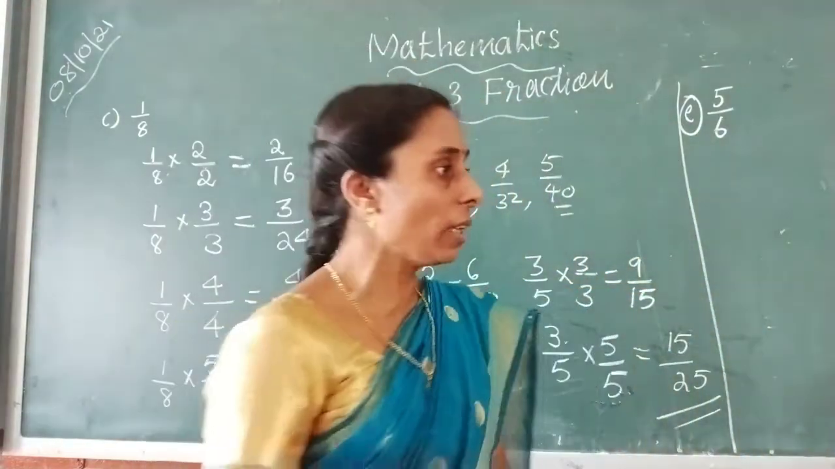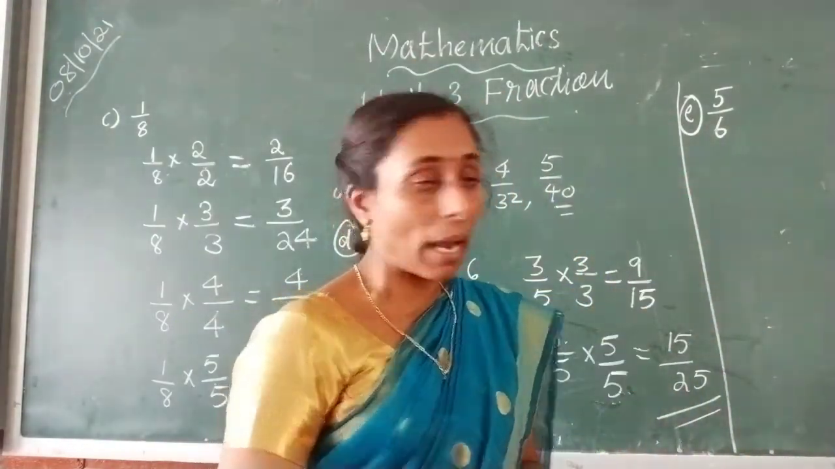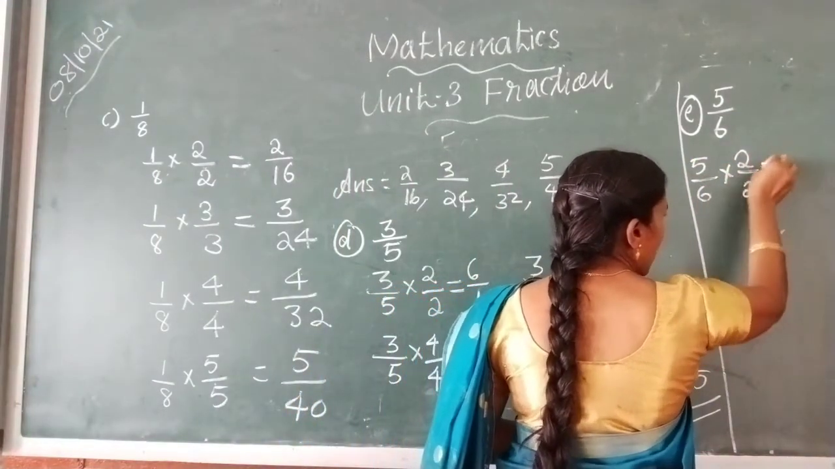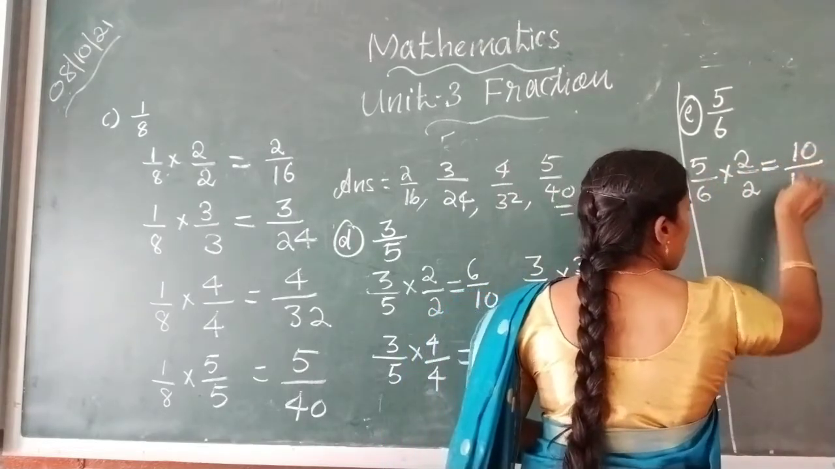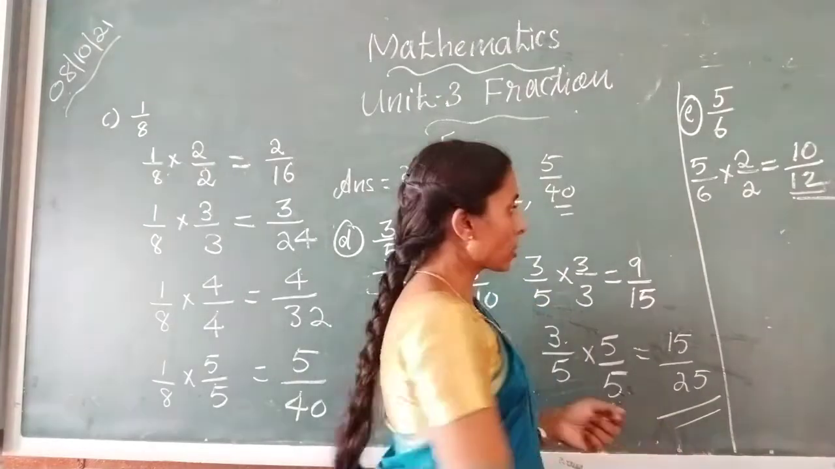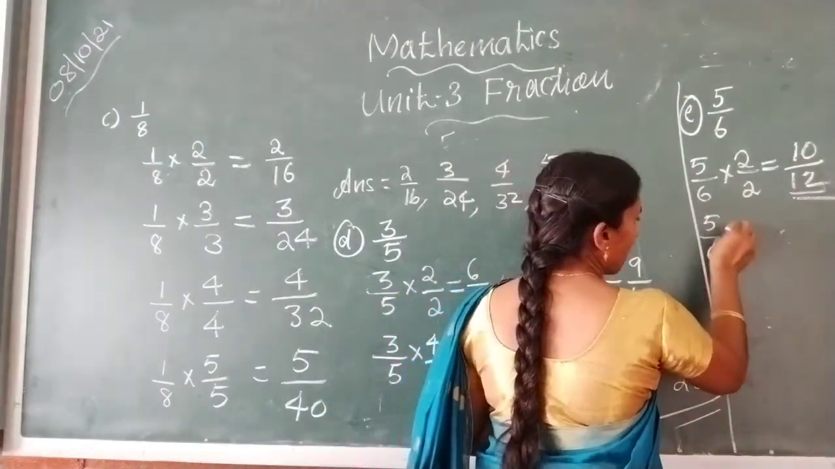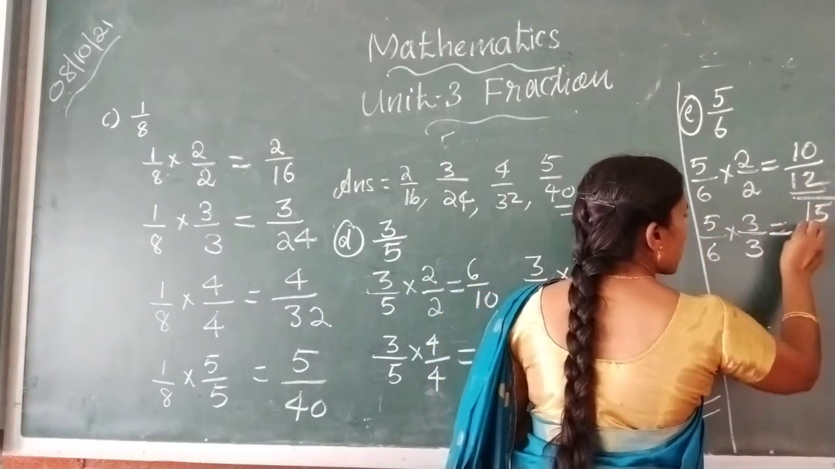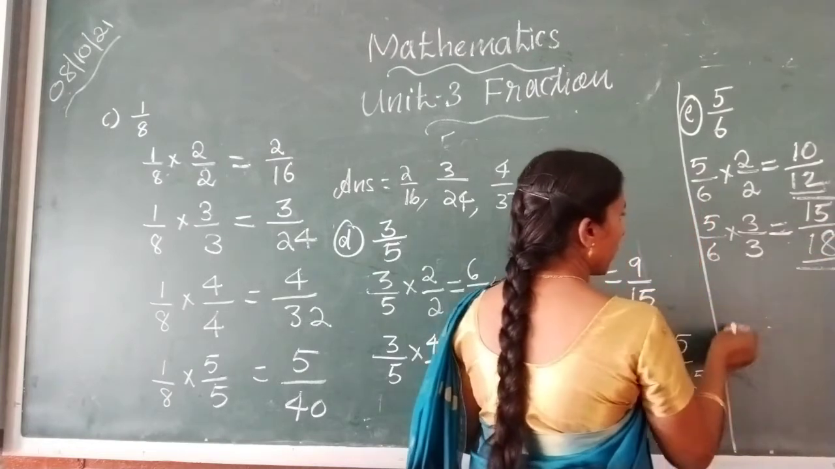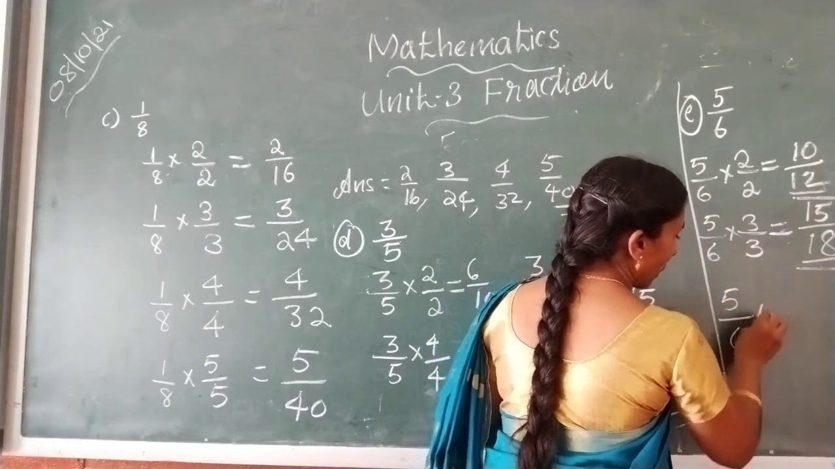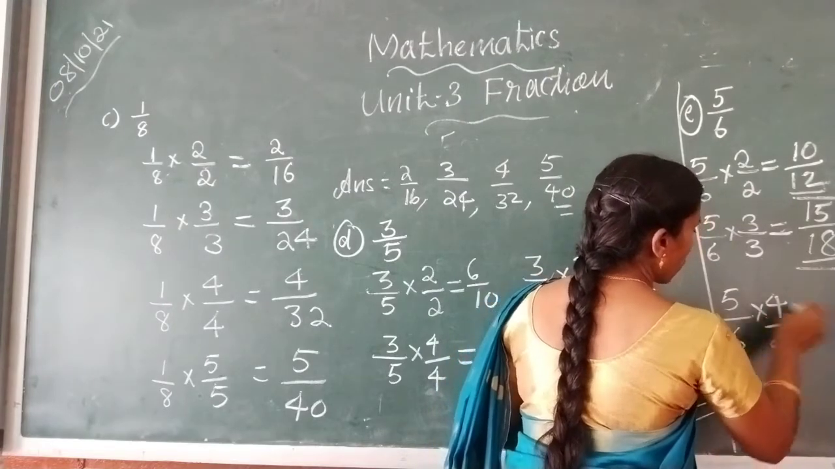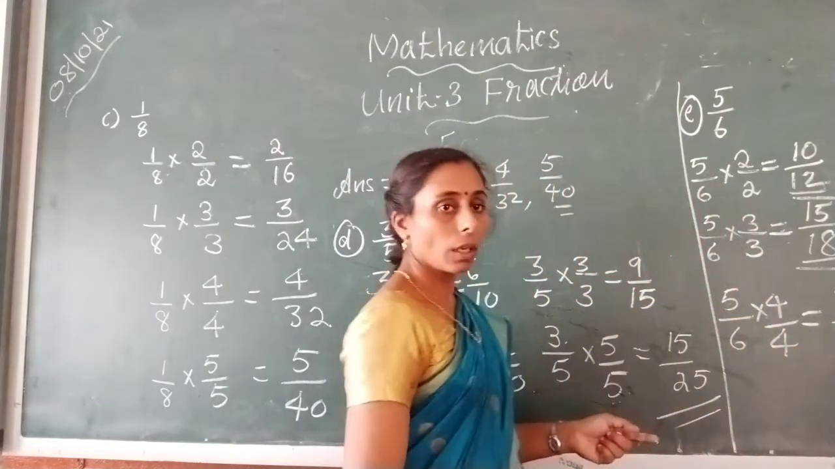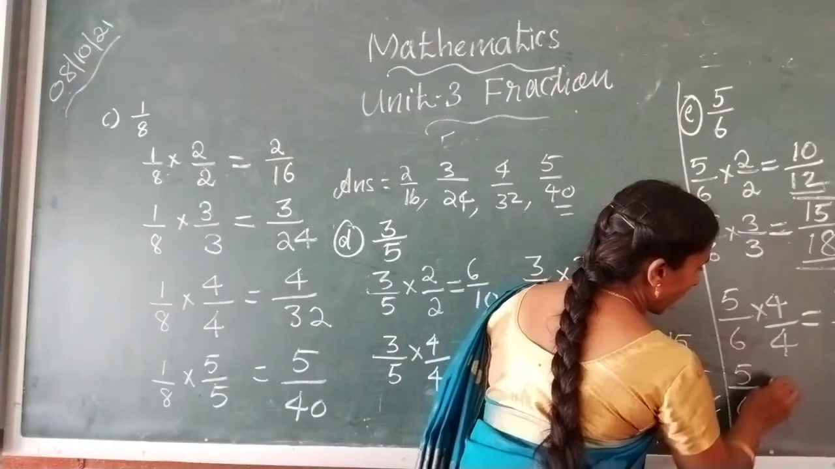What will be the first fraction? Both the numerator and denominator are multiplied by 2. 5 upon 6 multiplied by 2 upon 2 is equal to 5 2s are 10, 6 2s are 12. Next one. 5 upon 6 multiplied by 3 upon 3 is equal to 5 3s are 15, 6 3s are 18. Next one. 5 upon 6 multiplied by 4 upon 4 is equal to 5 4s are 20, 6 4s are 24. Next one. 5 upon 6 multiplied by 5